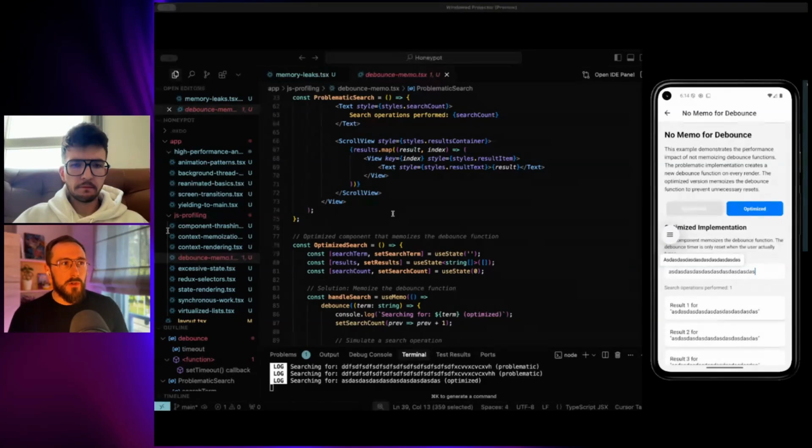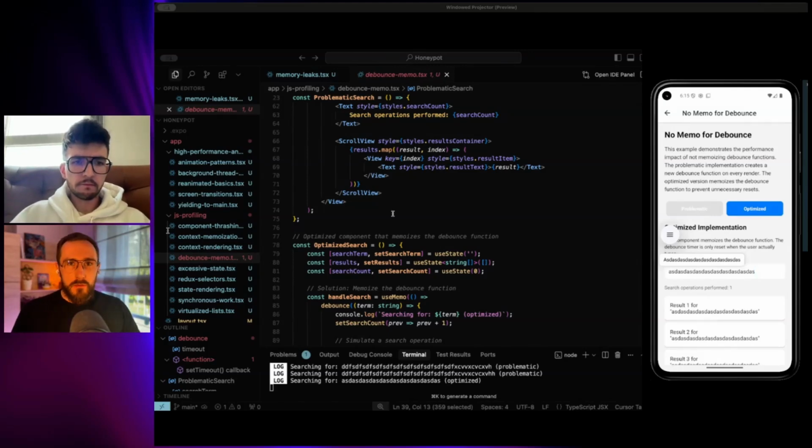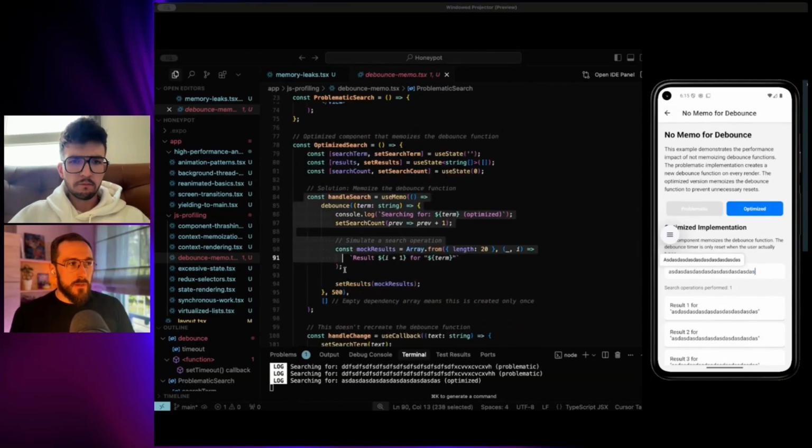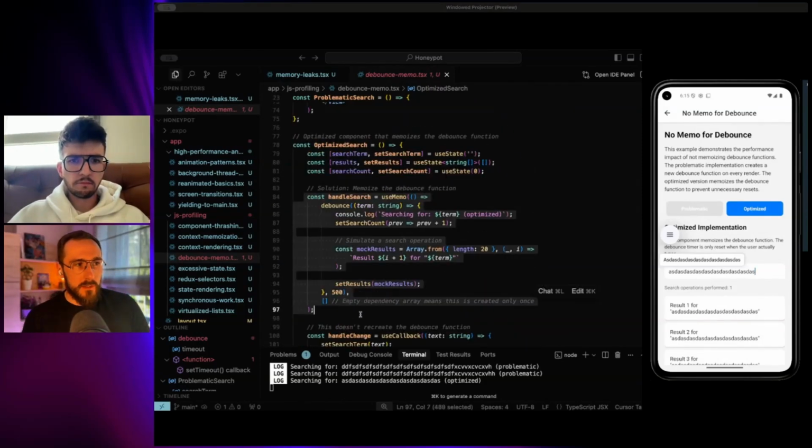For example, if you have renderItem in your FlatList, FlashList, or whatever list you use, you always need to memoize renderItem to achieve the best performance possible. The same applies to debouncing, because if I memoize the debounce function, or whatever comes from the debounce function to be precise,